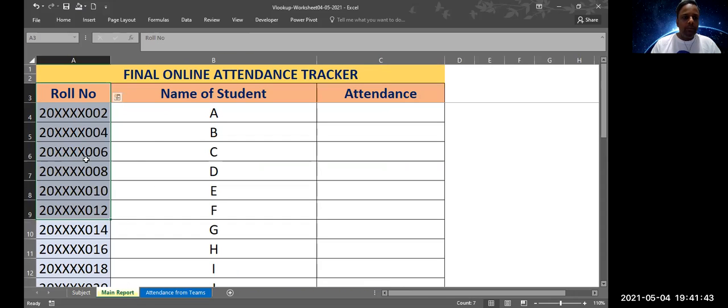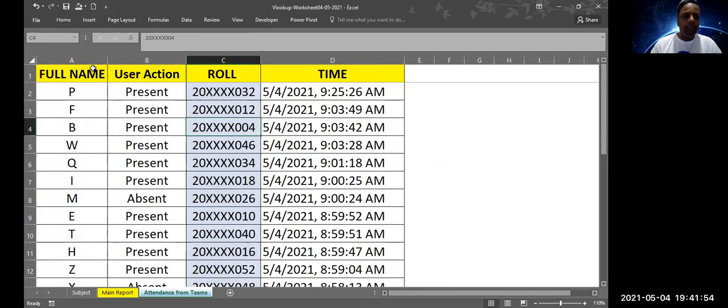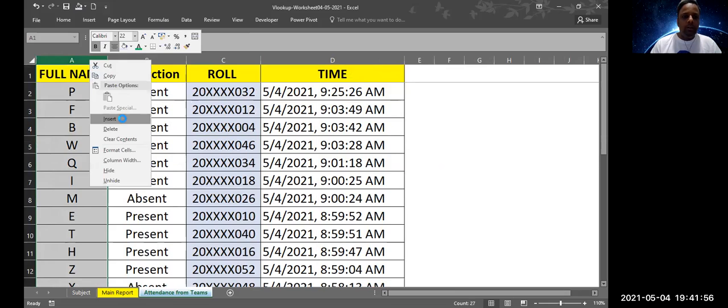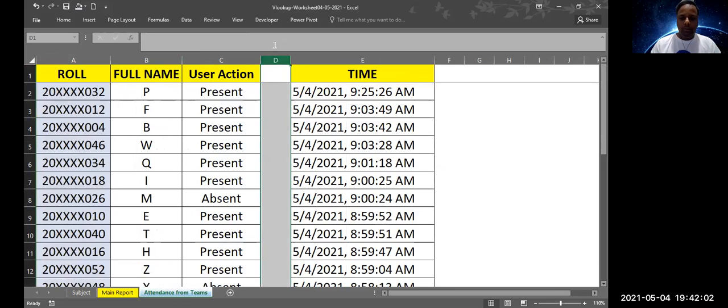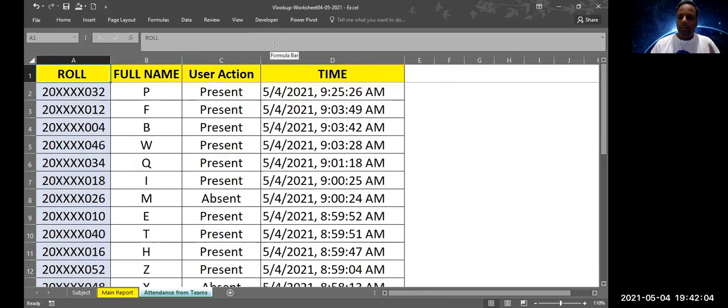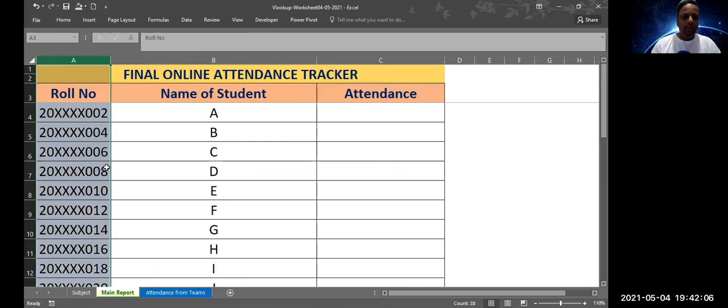Now we see that the roll number is on the left side, at the top left corner of the sheet. So we also need to move the roll number towards the left side in our data dump. Then we have the roll number on the left side in the data dump, and in our main report also we have the roll number on the left side.